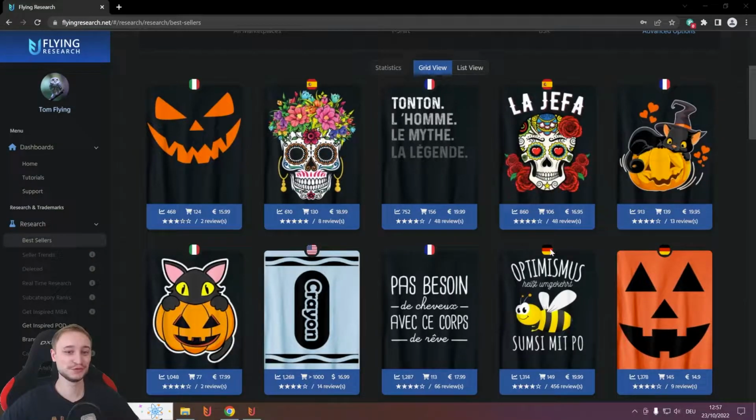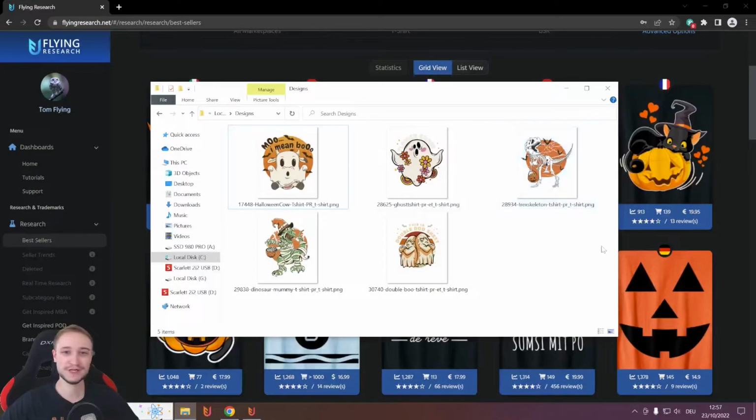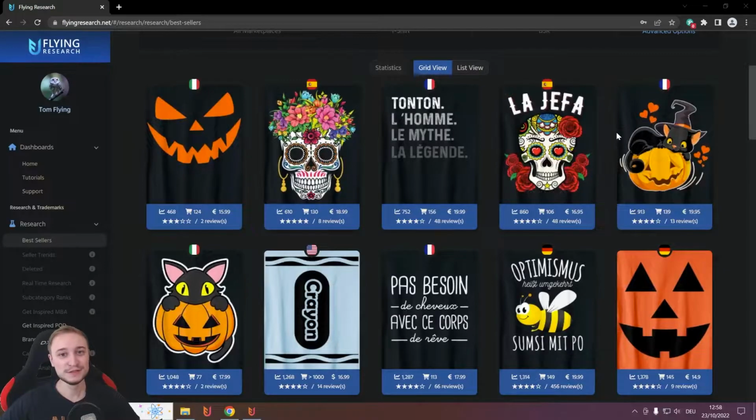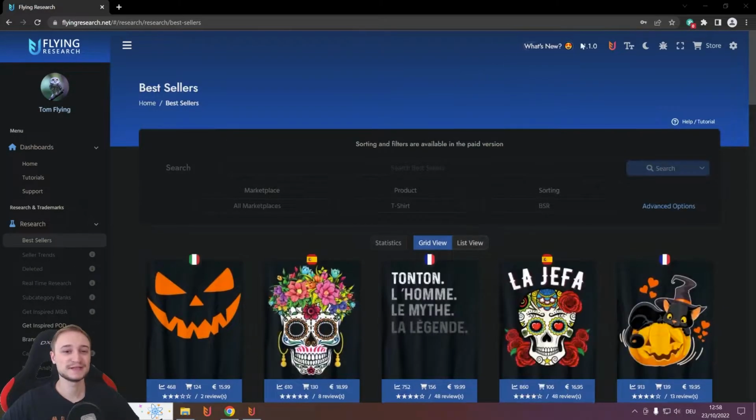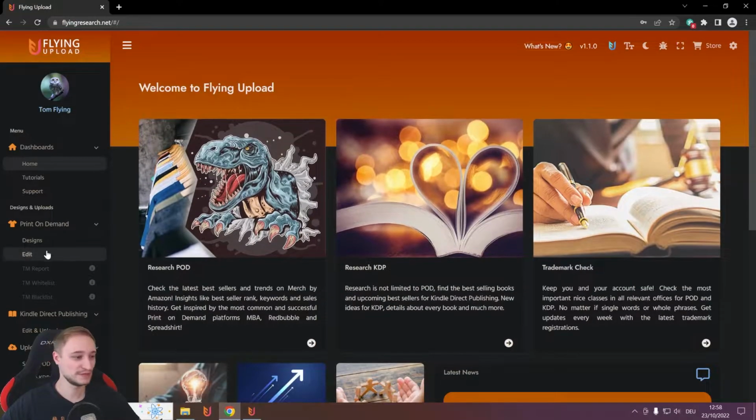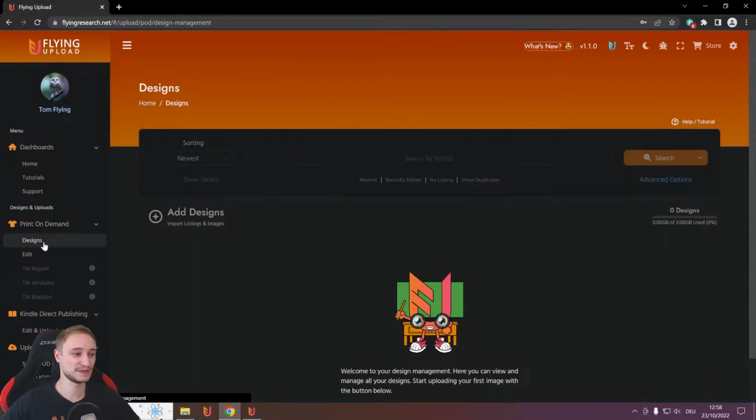You did your research, you created your designs, and now we start with Flying Upload to write your listings, to store your data, to trademark check, to translate, and then upload it to different platforms. The first thing you should decide is if you want to work with the online edit, so with the design